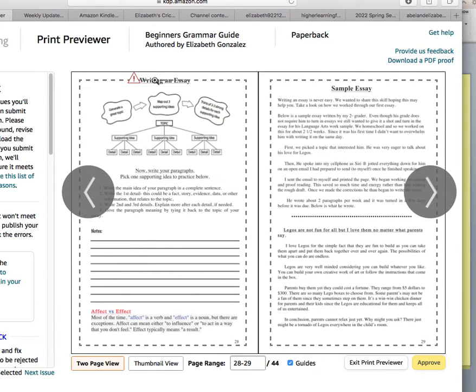See, I've got this right here that's too high. I need to bring this down lower. Because this was rejected and it's outside of the printing, I have to now exit. Normally it would let you approve it, but now I have to exit, okay? I have to remember page 29 needs a couple of